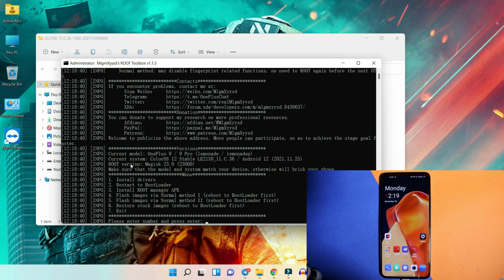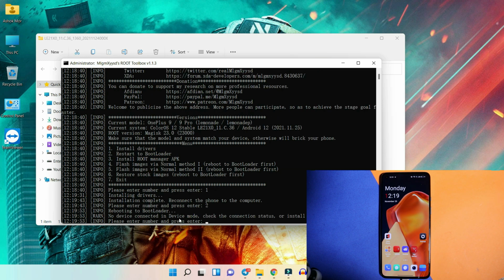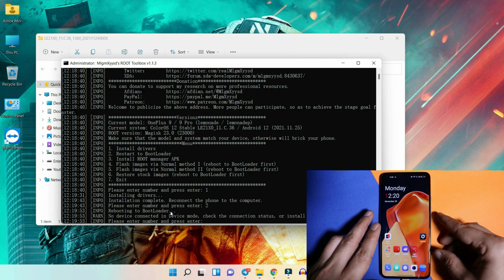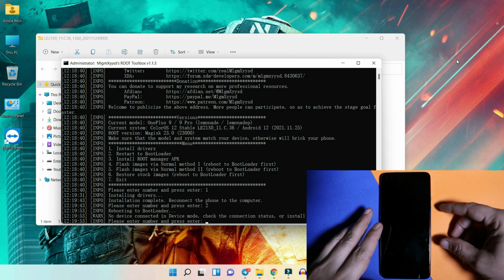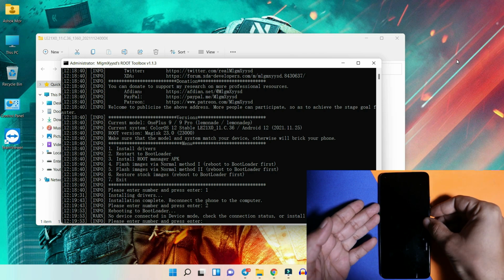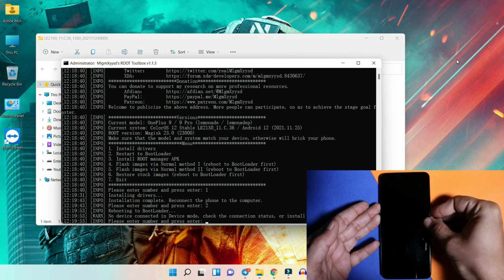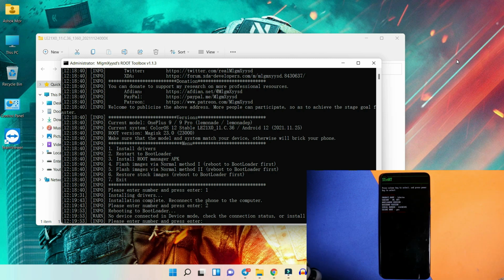After you agree to the terms and conditions, here you can see all the details about your device, which version of OS your device is running, and if your device doesn't boot into bootloader mode, we have an option to manually boot the device. So just manually boot your device into bootloader mode. First, power off the device. To boot a device into fastboot mode, use the same key combination of volume up, down and power key. Press all these three keys together until you see the fastboot screen. Here you can see the device has successfully booted into fastboot mode, and under device state you can see device is unlocked. Now connect the device to PC.